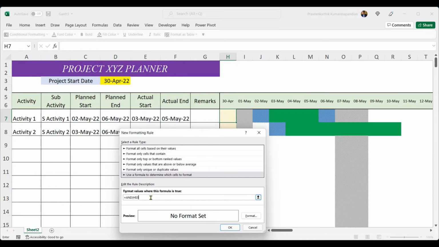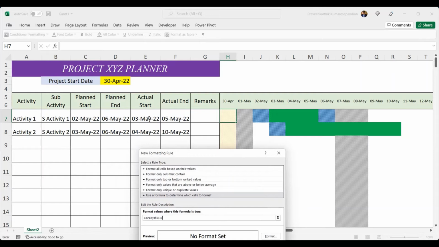is greater than or equal to this value, that is actual start date. So it should be $E7 comma $5 is less than or equal to $D7. Right, now it should, okay, so we are covering up to